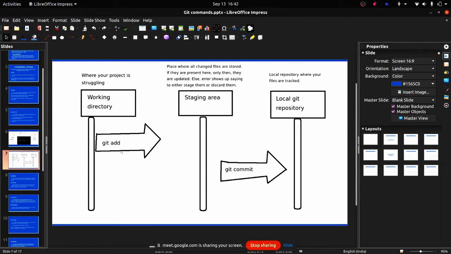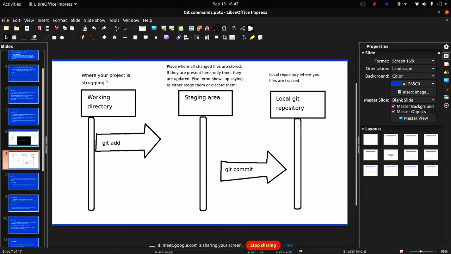So yep, I am using git add and git commit command. So I'll just show you. The working directory is where you will add your code. Basically for now, the local git repository and working directory are the same in our case. In the working directory is where your project actually lives, and when you type git add, it adds all the changed files, which might be additions or deletions or any other changes. Those files will be in a particular area called the staging area.